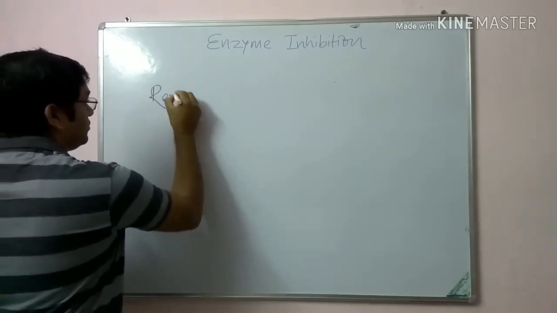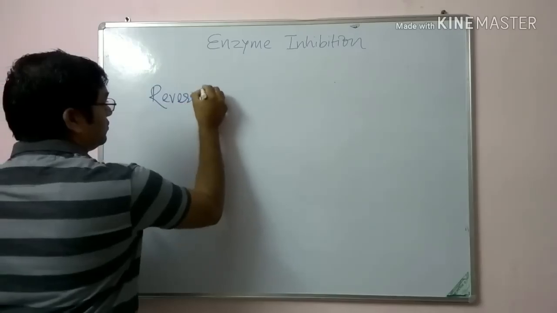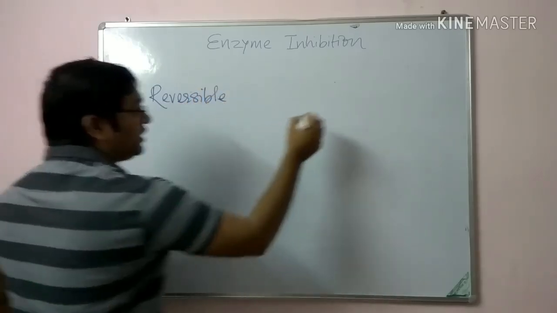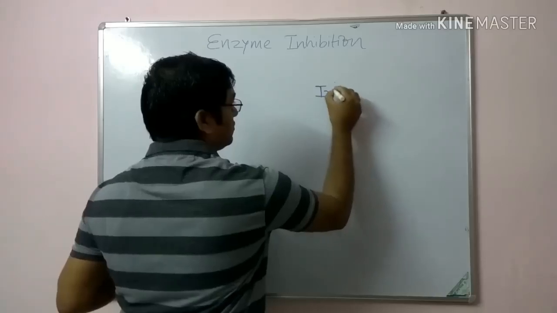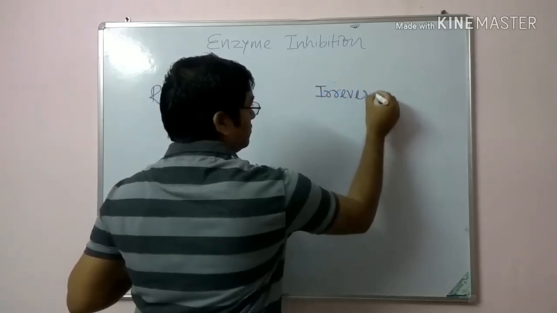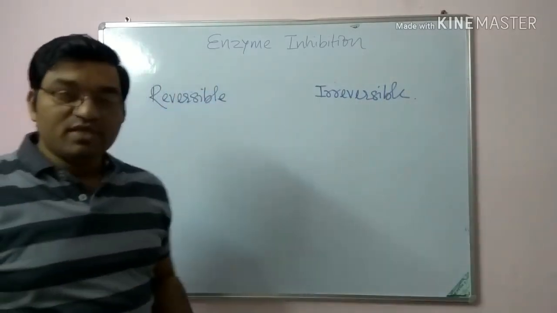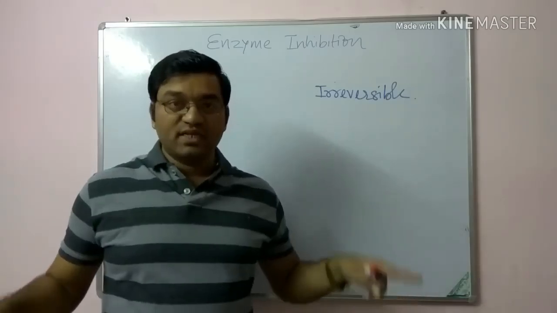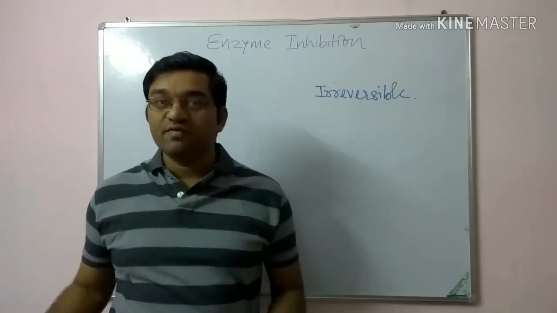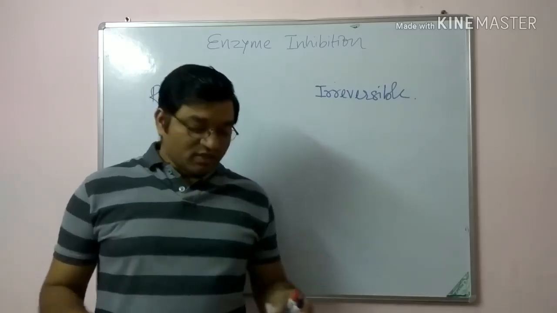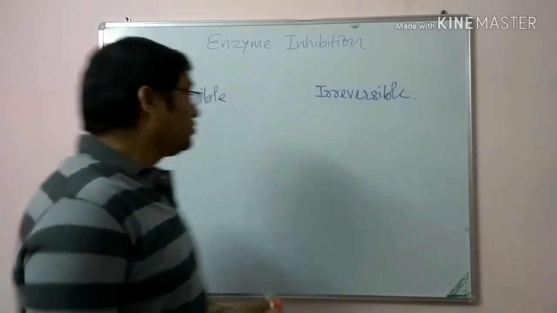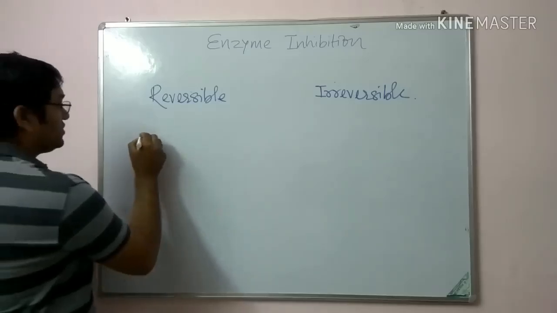Reversible and irreversible. Enzyme inhibition is divided into two main types, that is reversible inhibition and irreversible inhibition. The reversible inhibition is again divided into three types. The first one is the